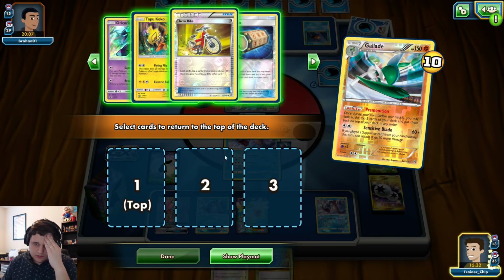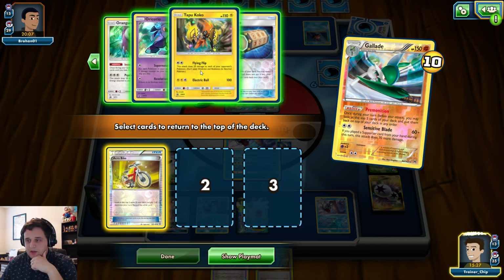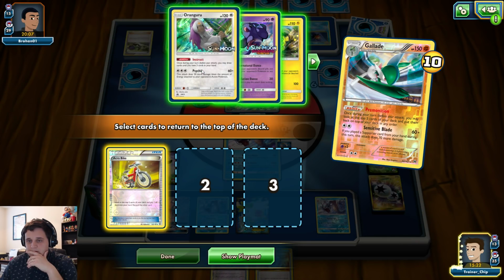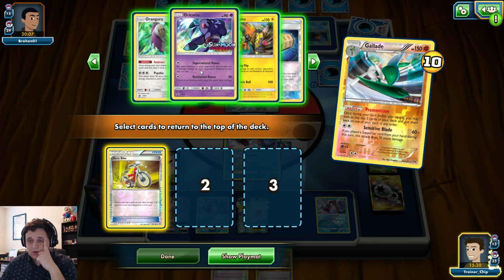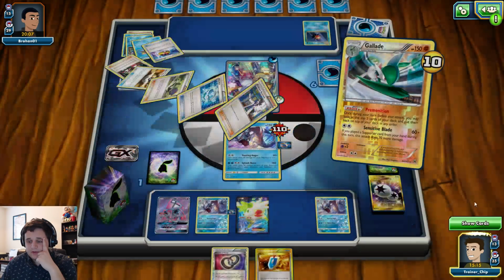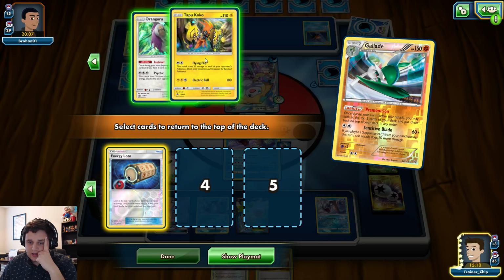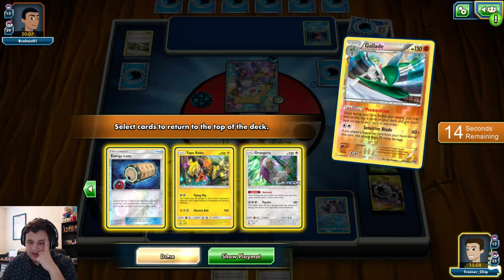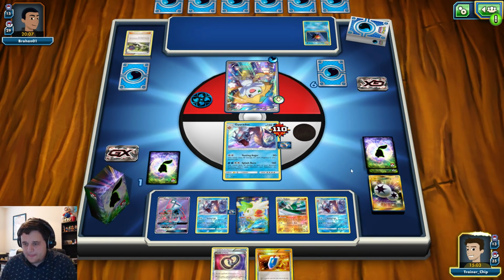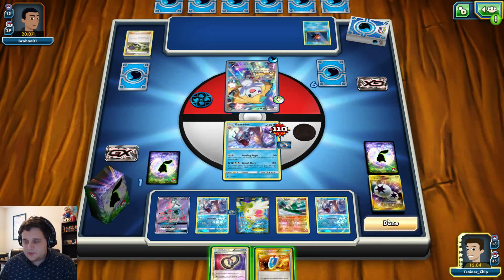So what do we do? We go top deck Acro Bike. And then we want to go into... How many Pokemon are in his discard? Not enough. So we want to discard Oricorio, get the Energy Loto, and then go like that. Pass. There's 4 DCs down there, so we do need to find the...